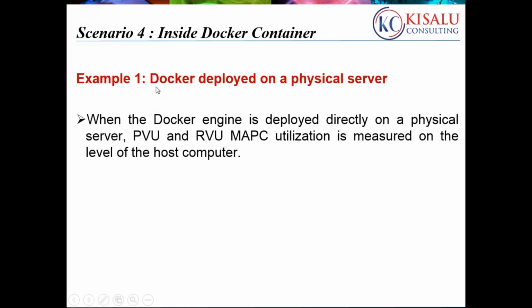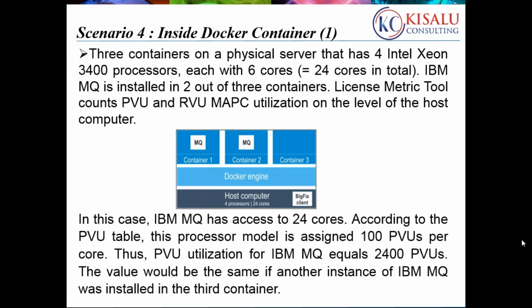As an example, here we have example 1. We have a Docker which is deployed on the physical server, and in this situation where it is deployed on the physical server, the PVU and RVU utilization is measured compared to your host computer. What does it mean? You can see from this example here